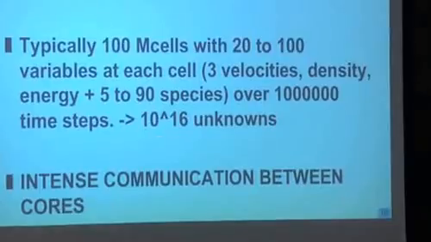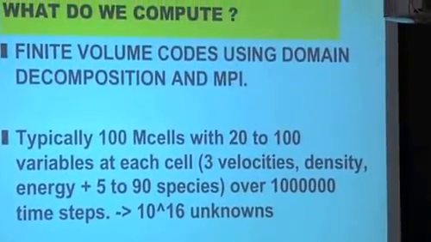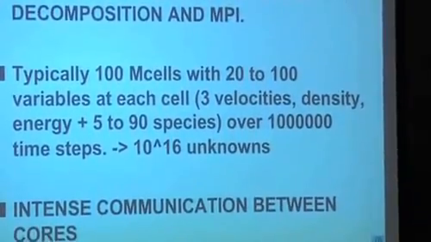If you look also at the number of things that you have to store, 100 million cells, 20 variables, a million time steps, we talk about 10 to the power 16 unknowns. So if you do a thesis on 3D LES, you should buy a big disk. Okay? You should actually buy multiple big disks. The conclusion quite often is that you won't be able to store all this data. You will have to make decisions on what you keep and what you don't keep. And the other thing I mentioned is this intense communication between cores.